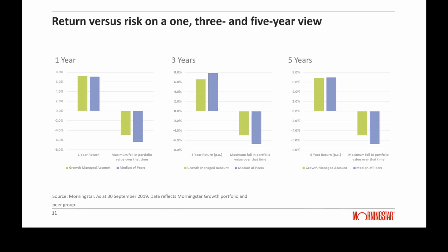What we want to do is deliver an outcome that's related to inflation, and we want to at least keep up with inflation because that's the purchasing power of your savings. We want to at least maintain that. So, as bread and milk go up in the future and you're pushing the shopping trolley down the aisle, and all those things that go in there, as they go up